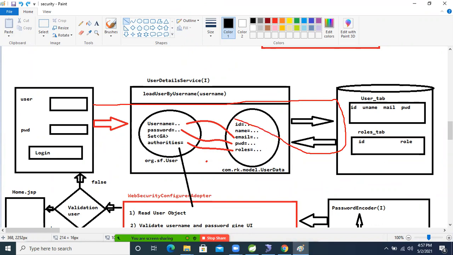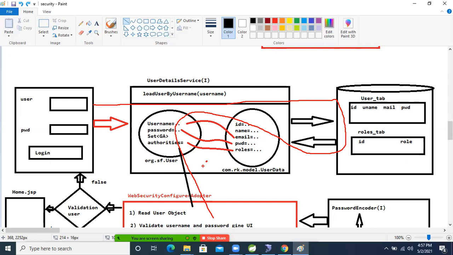The model class will store the username, password, and granted authority, which is nothing but roles, in user memory. After that it will give it to our web security configurer adapter, where we write the information about our controller: which page will be accessed by whom.